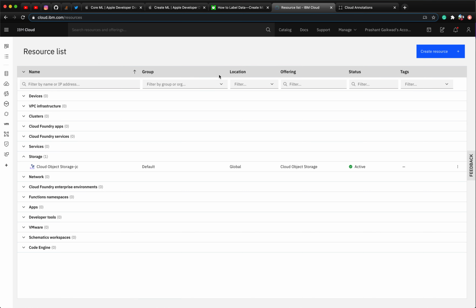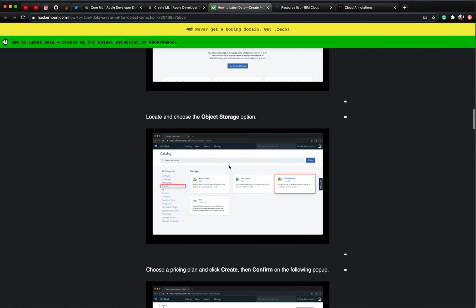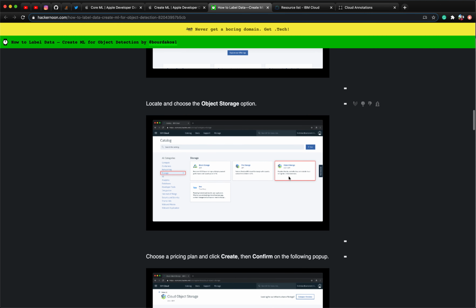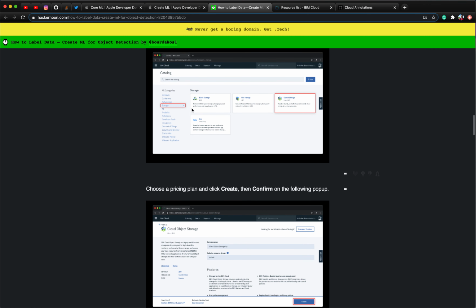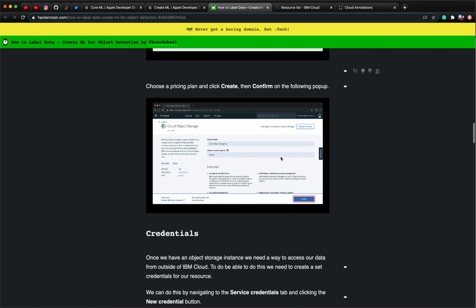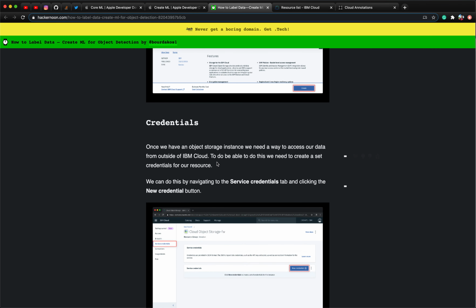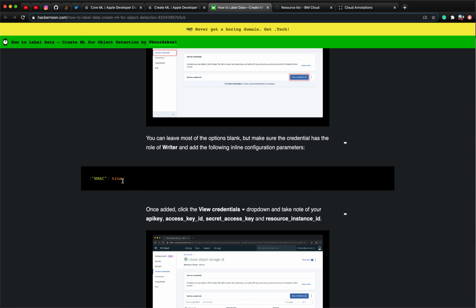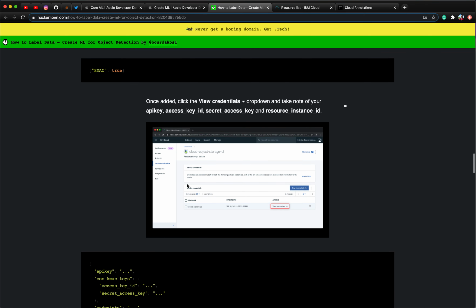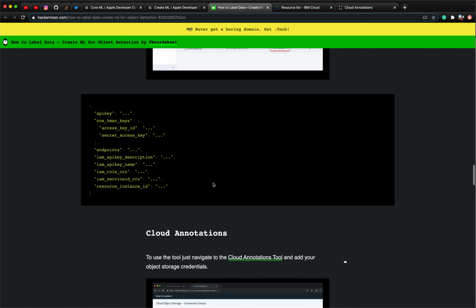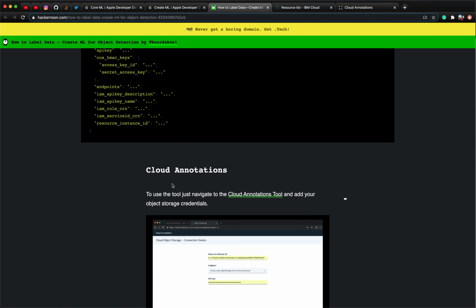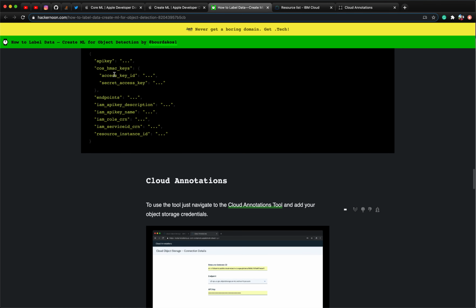Once you create your free account here, there are different steps, let me just go from here. Once you create that object on IBM cloud, you have to select the project, what type of storage you want. You have to select object storage, then create the credentials, and just follow these steps, you will understand completely. Make sure you are using true so that you can store the storage on the IBM cloud, and then you will get some important API keys which you can use in a further video, but we don't need that. Just make sure you have this to log in.